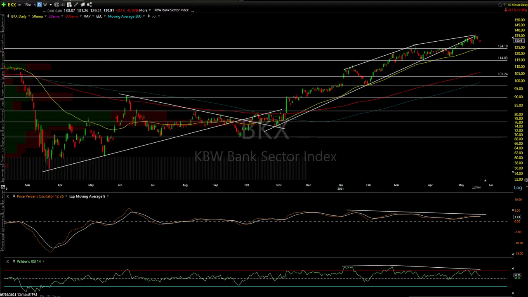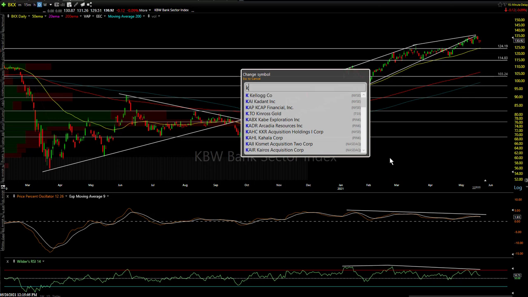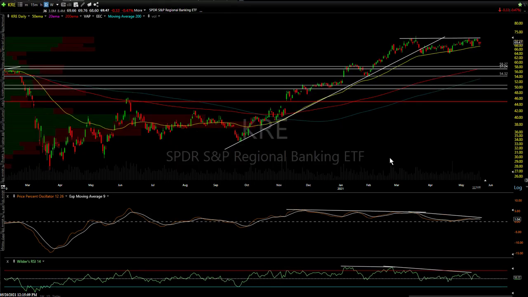That one's already broken down and back tested. When I go to XLF, that's the financial sector as a whole. It includes insurance companies and brokers. Everything is in there. A lot of stuff, not just banks. When you go to BKX, they're mostly banks, and that's what it is, the banking sector. And then those include a lot of your bigger banks too. And you go to KRE, these are regional banks. So I'm going to do these separately.